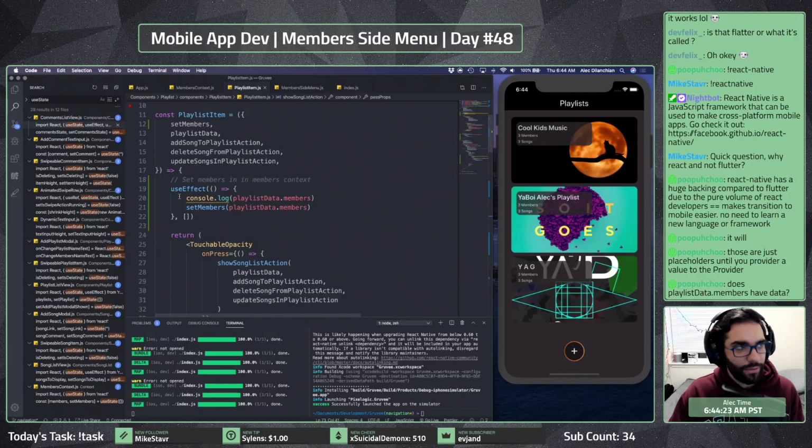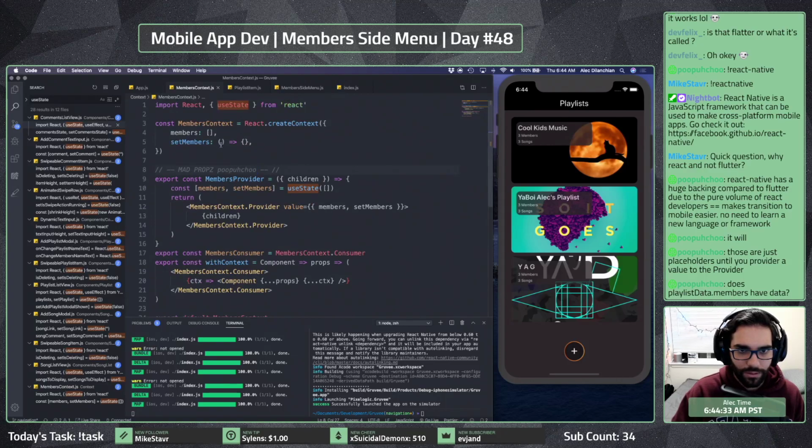It was just on this useEffect at this point. If I logged out set members, it was referencing just this, right? So is there a possibility that the members provider didn't actually pass anything in at that point?